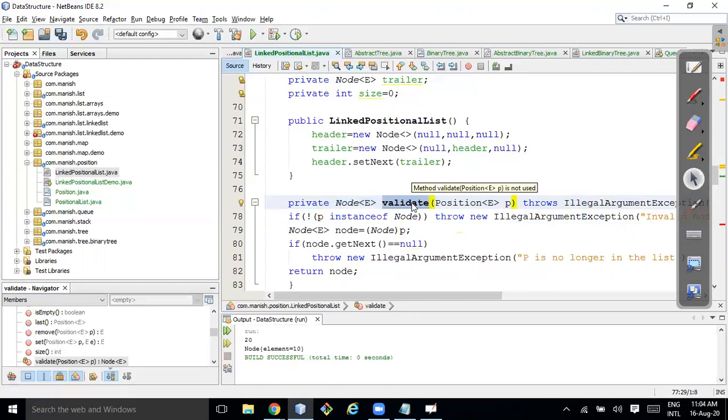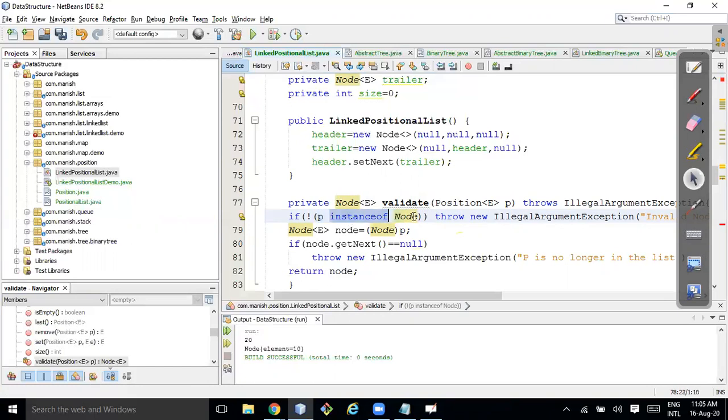Okay. So I'm just checking if P is an instance of node. If P is an instance of node 2, this condition will fail, right? If P is an instance of node, then only is this position valid for this linked list, and I can process.